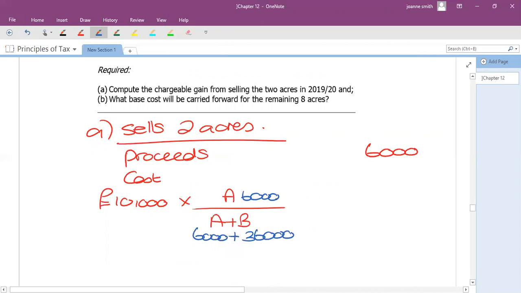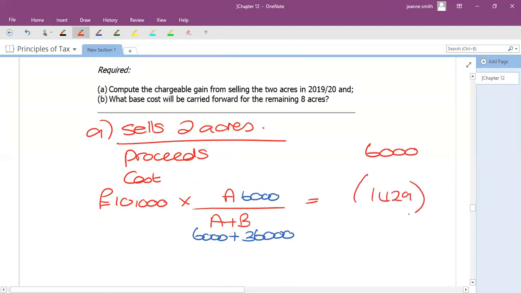The bit I'm selling, I've just got 6 for it. So 6 over 42 as a proportion of the historical cost will give me an amount for the land. So we're going to do that calculation and take a proportion of it, and that gives me a value of